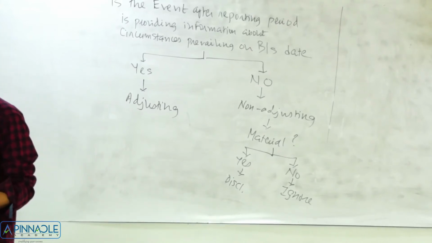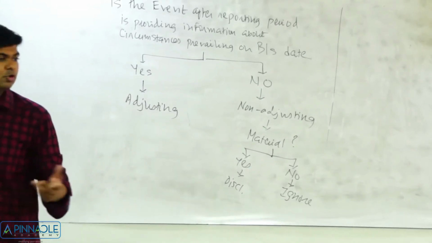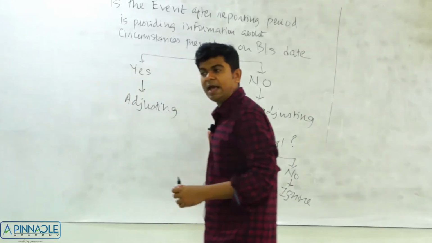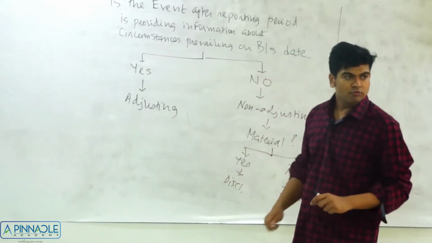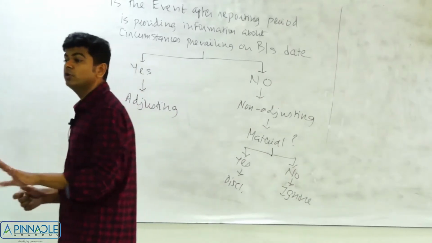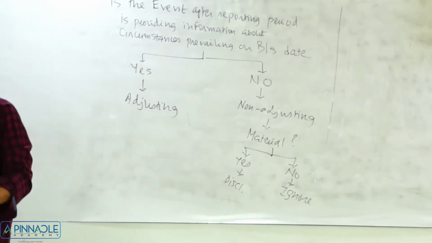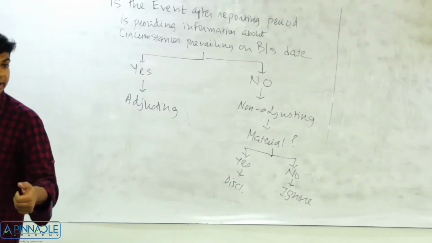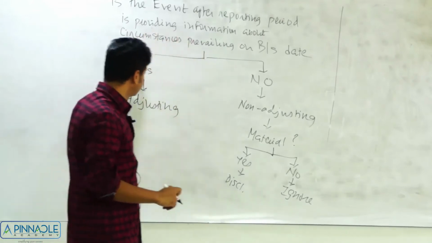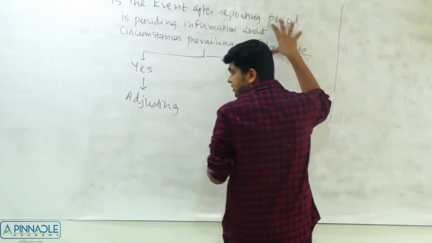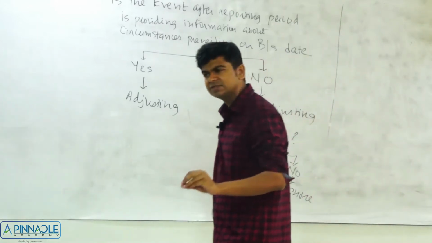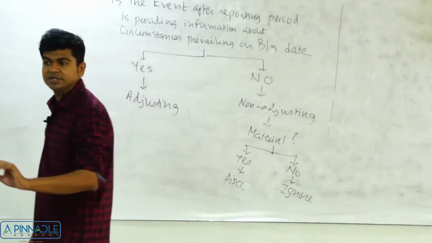But what happens is, because you might not be aware about Ind AS 10, you are worried that how will I answer this? But the fact of the matter is that both are running absolutely parallel. So if you pick up your PM and you see questions of AS 4, remember every question of AS 4 will have same answer if you are applying Ind AS 10. Fine. Let's take some example and try to understand that how will it provide information about circumstances prevailing on the balance sheet date. I will pick up examples which are classical given in the accounting standards itself.